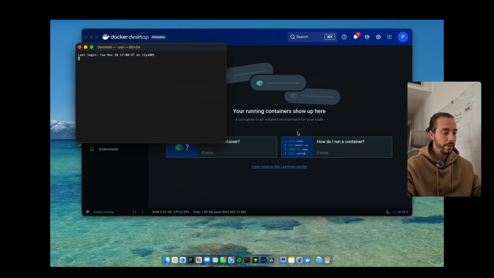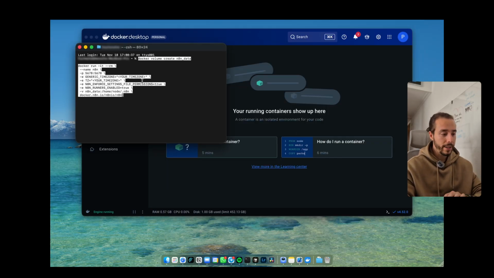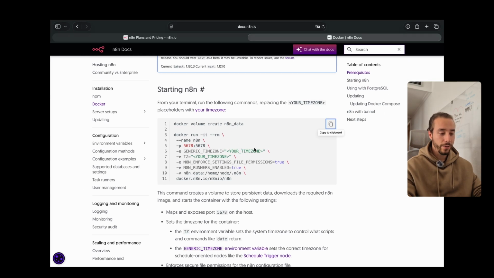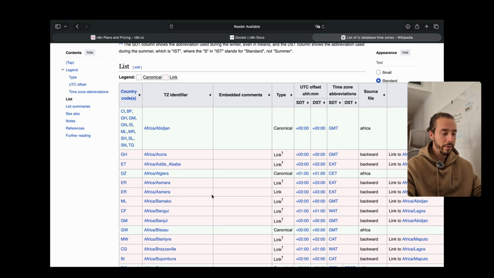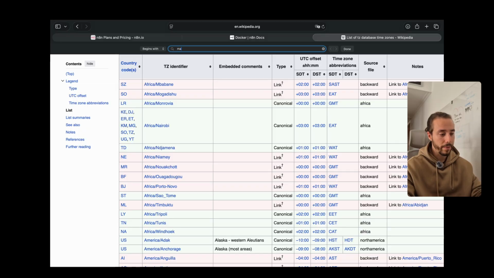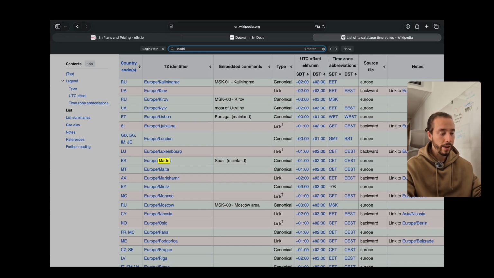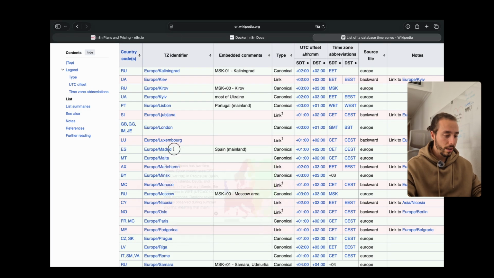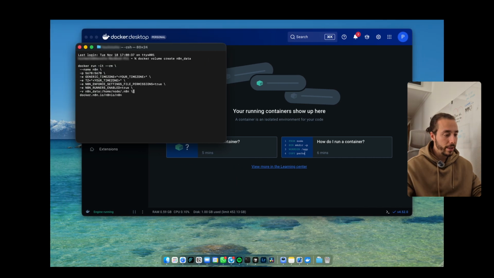You just look for terminal, open it up, paste it in, and before you hit anything now, don't press enter or anything. You have to go back, and as you can see here, they tell us the only thing we have to change is the time zone. So we can go into the time zones that there are, and you have to find the one that suits you. Me, for example, I'm in Madrid, so I Control F Madrid. This is the one that I need, so I copy this,